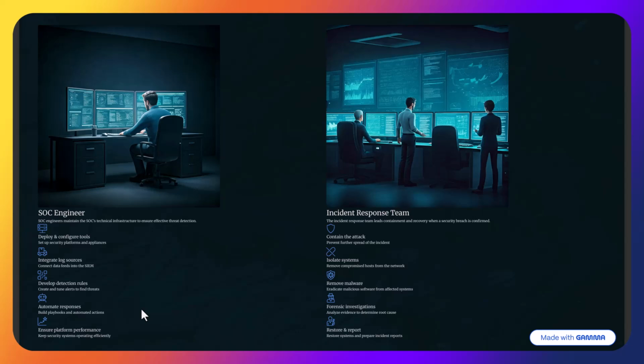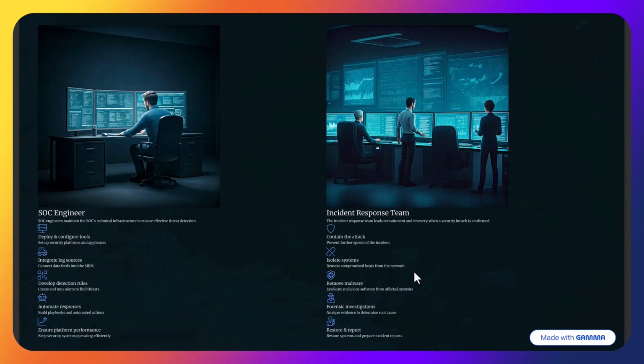Now let's talk about the incident response team. The incident response team handles containment and recovery when a security breach is confirmed. Their responsibilities include containing the attack, preventing the incident from spreading further, isolating systems, removing compromised systems from the network, removing malware, eradicating malicious software from infected systems,